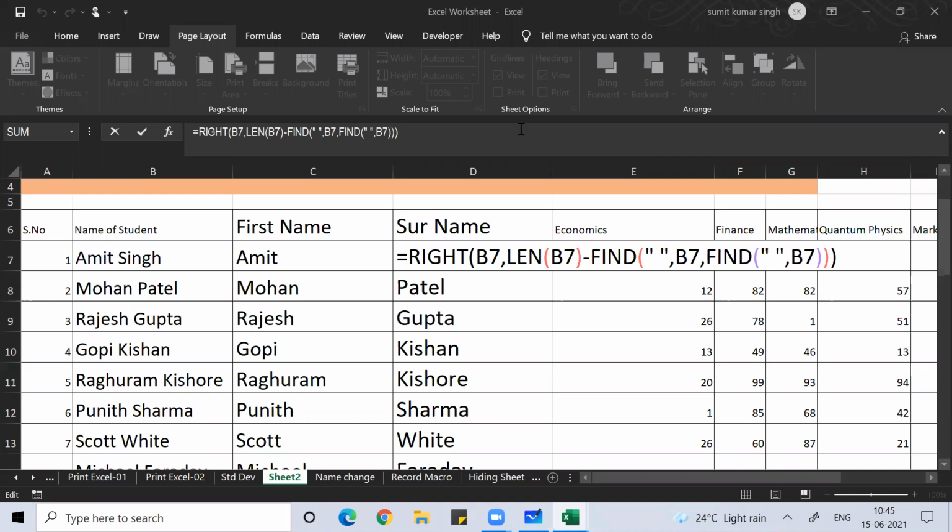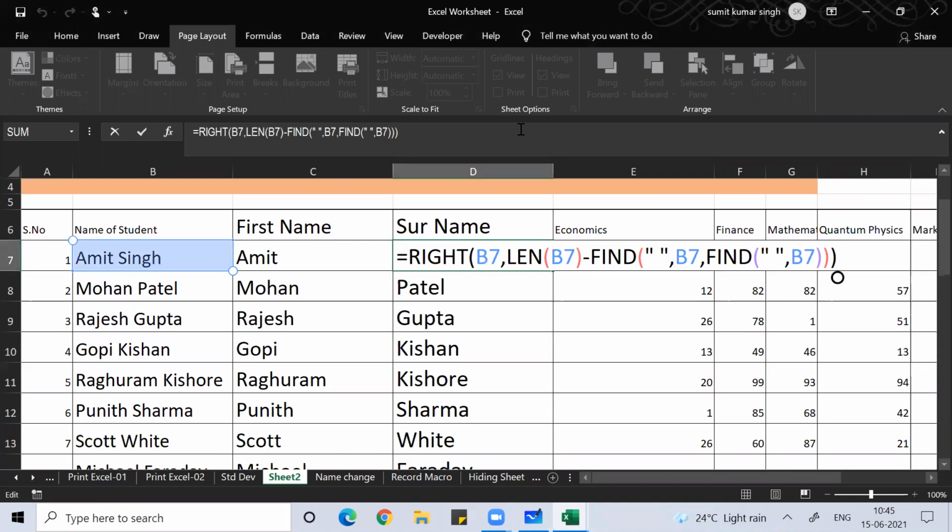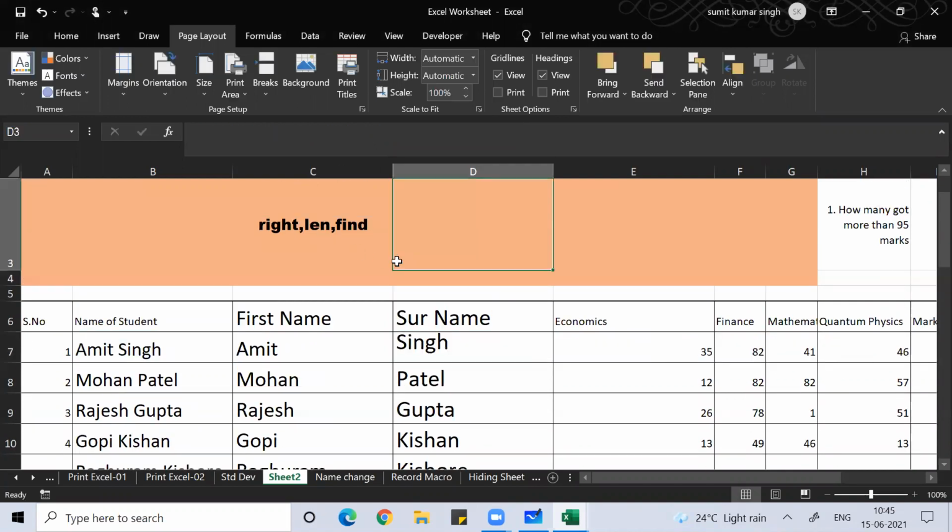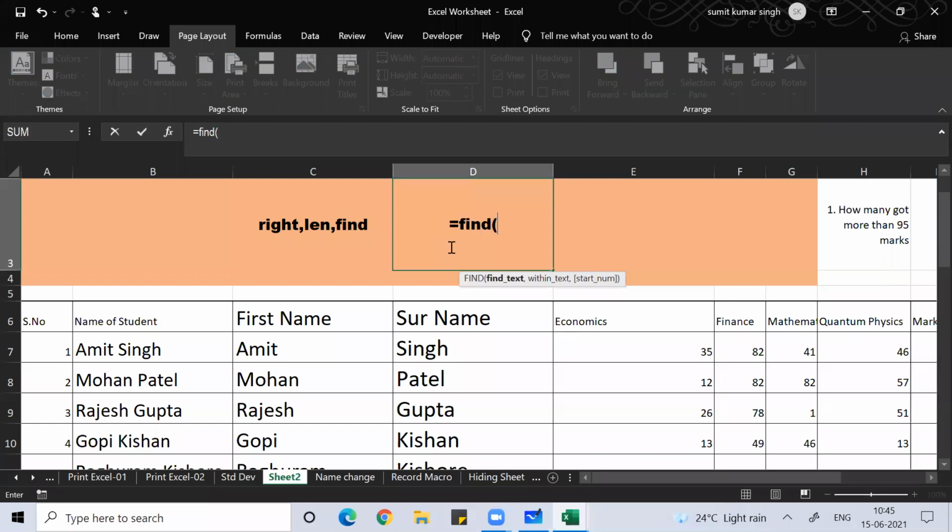So, guys, understand this. What has happened here? If you understand the function, what we use is equal to find, double quote space double quote, this name, comma, then find double quote space double quote this.